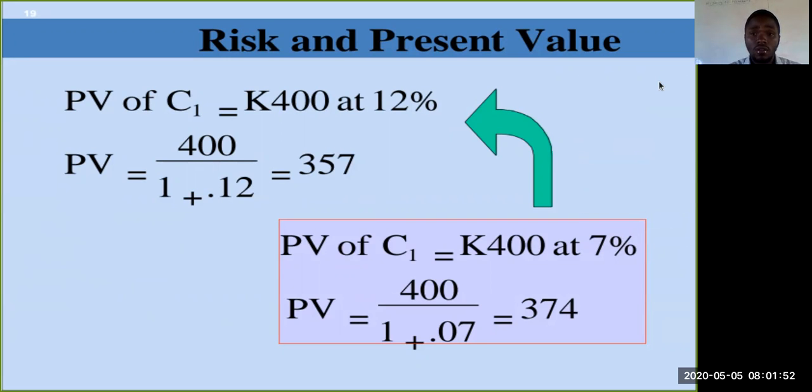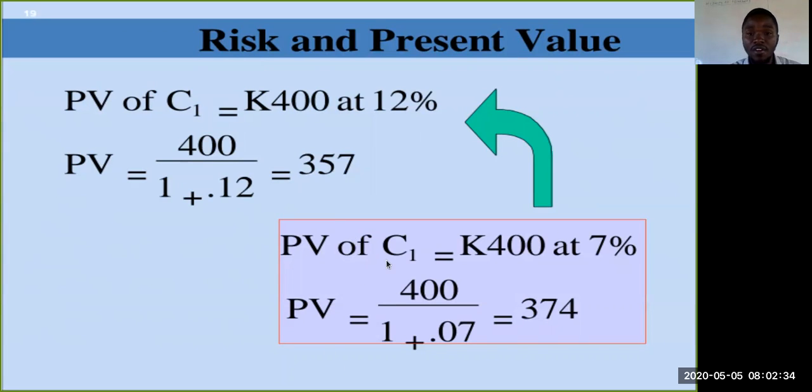So we still see that this value is greater than the 350, which was the cost of investing into the building of an office block. And we concluded to say that if the present value is greater than the cost of an investment, you should be able to go ahead with that investment. And we see that 357 is still greater than 350. So we still go ahead with the investment, and we still conclude to say that the investment of the office block is worth more compared to investing into a government security.